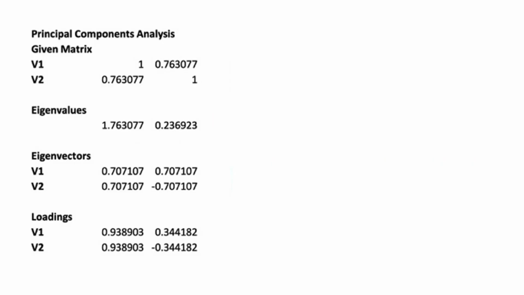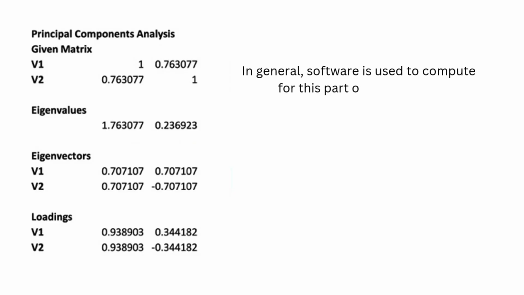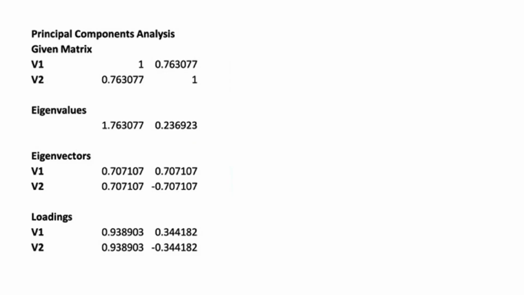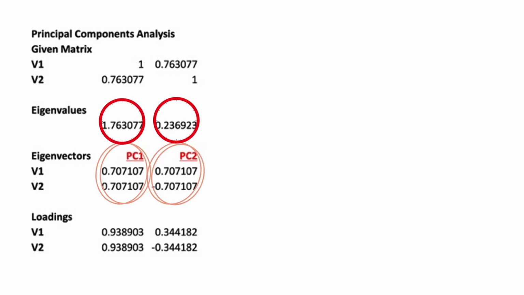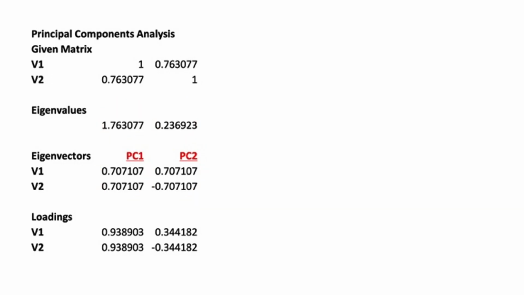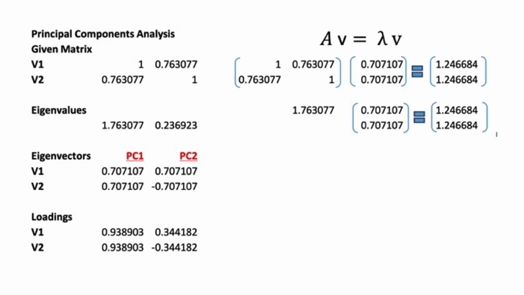Now, let's use the correlation matrix and compute the eigenvectors using our QuantProf Excel Add-in, with the output shown below. In general, we shall use software to compute the eigenvectors and eigenvalues, and we will generally not bother with computational methods for computing them. So here's the output from QuantProf. This 2 by 2 correlation matrix will have 2 eigenvectors and 2 eigenvalues. You can also check the equations to show that A multiplied by the eigenvector will indeed give the value of the eigenvalue multiplied by the same eigenvector.